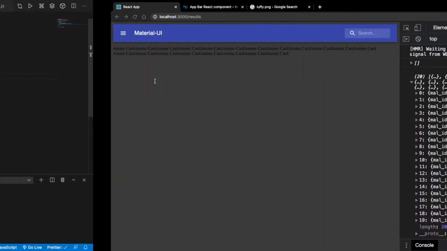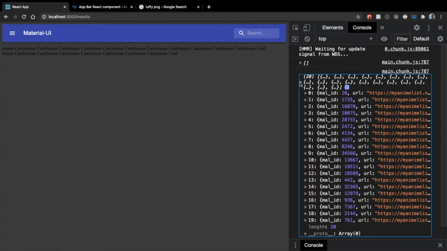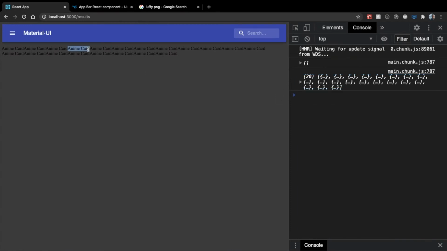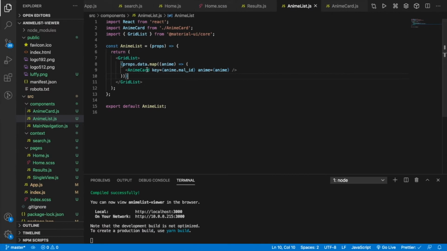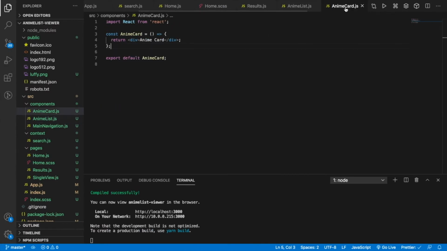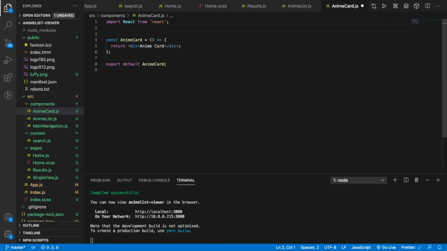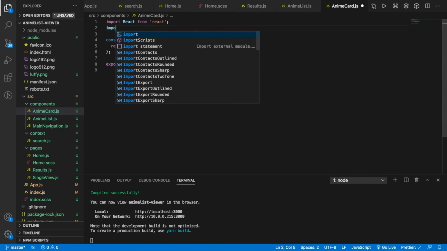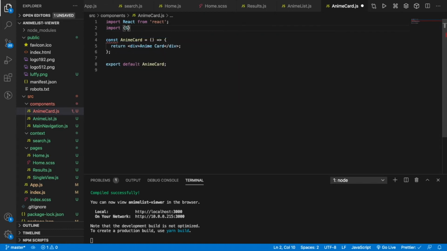Now that we have that all done, there are no errors showing up anymore, and there's just a bunch of anime cards. So now let's get into actually displaying this data. Let's go into anime card here. In anime card, we're going to be doing a lot of stuff, but let's start out super simple. Let's import our search context,